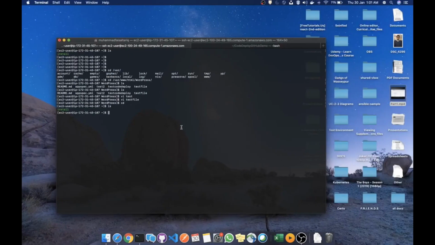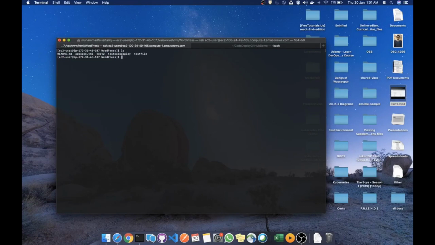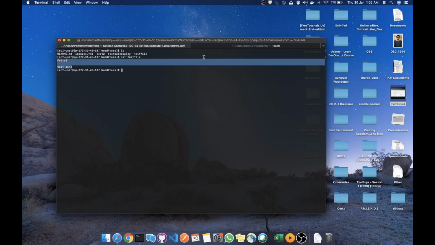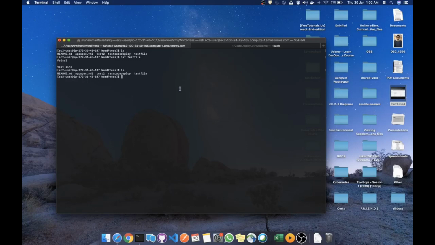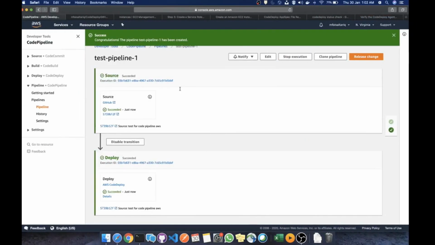Now if I move back over here and go back into the directory, you can see that our test line has been added and the code has been pushed to the EC2 instance that we have created. So this is how you can create the code pipeline, and